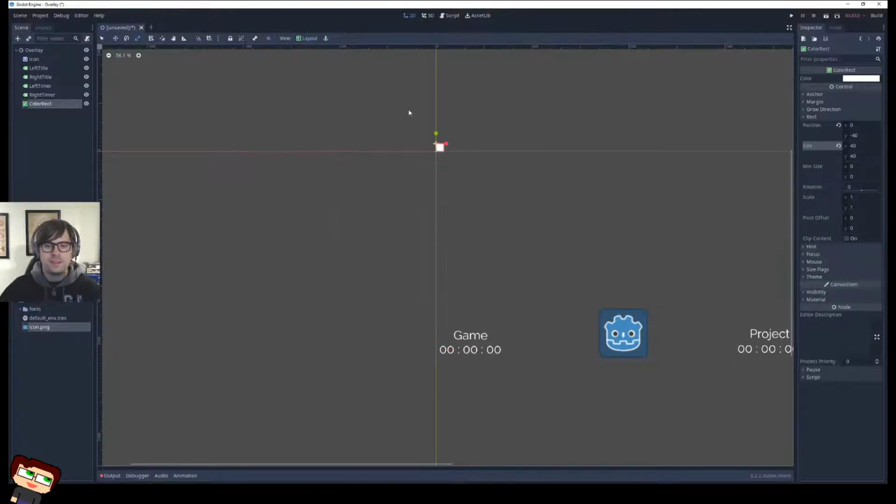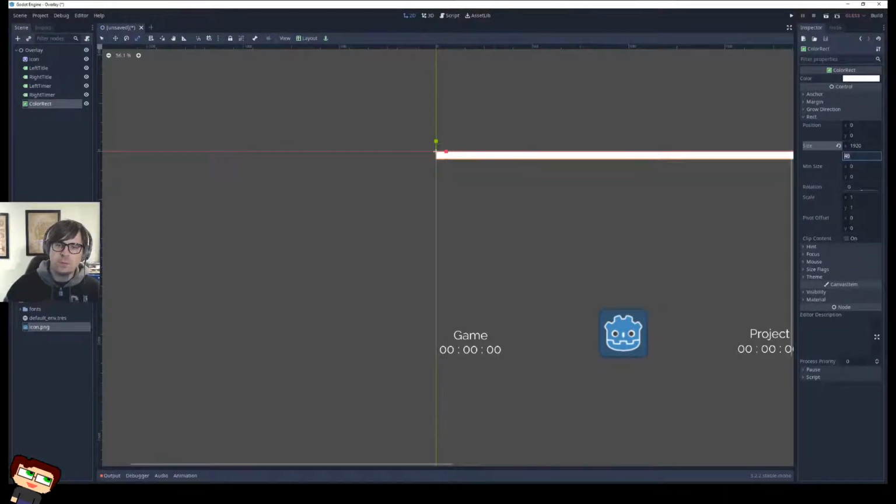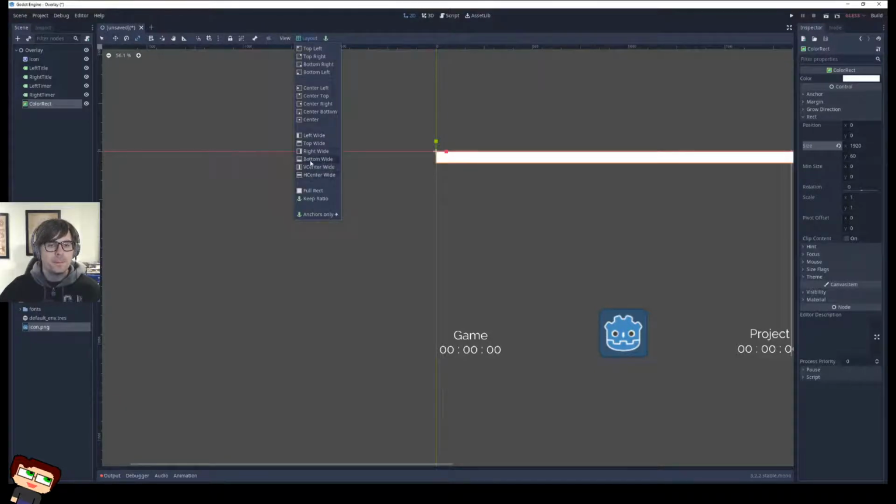Bottom left. Not where I thought it would go, because I am so confused about how this stuff works sometimes. Okay, so we want this thing to be 1920 in terms of width. And let's say height we want to be 60 pixels. Nothing too bananas, okay? Bottom wide.